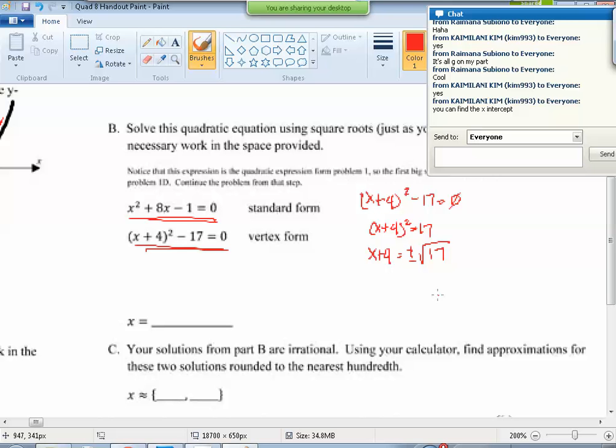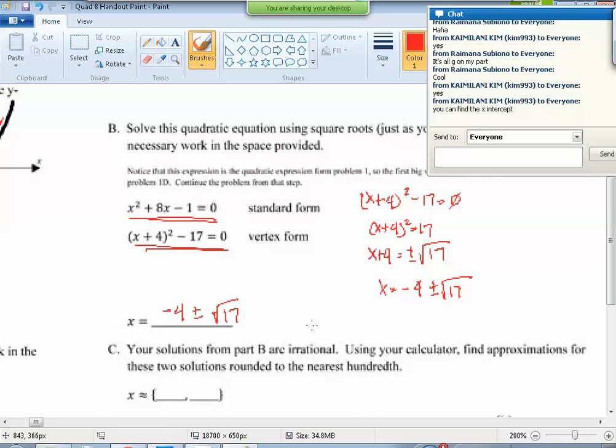I subtract it. So I have x equals negative 4 plus or minus the square root of 17. Now, by the way, at this point you're done. You just write that down: negative 4 plus or minus the square root of 17. If you wanted to use your calculator and figure it out, I think that the square root of 17 is somewhere close to like 4.2 or 4.1. All right. So your answer would be